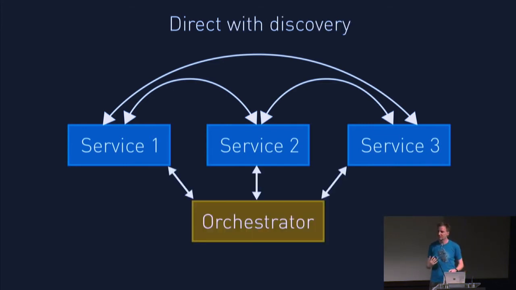And so the first step with this is you go, okay, we don't want to hard code IP addresses or DNS names of those services in. We'll have a discovery system. So you go, hey, I want to talk to the user service. You go to the discovery system and say, hey, where is the user service? It gives you an IP address. This is where you can do load balancing as well, by giving a range of IP addresses. And then you still connect directly to the service. It's an improvement. It's more flexible. It means you can launch 4 or 5 boxes with the same service on and bring them in and out again easily, but it's still not particularly great.